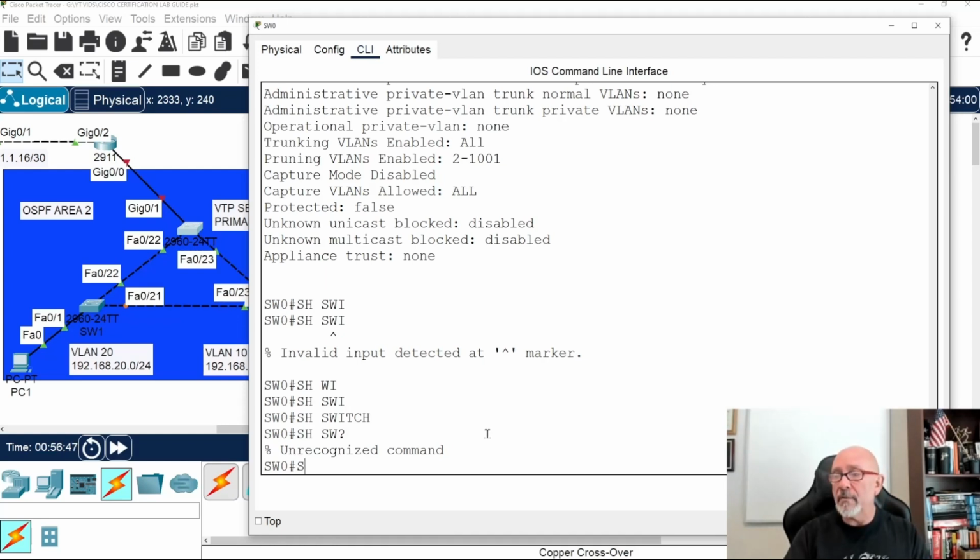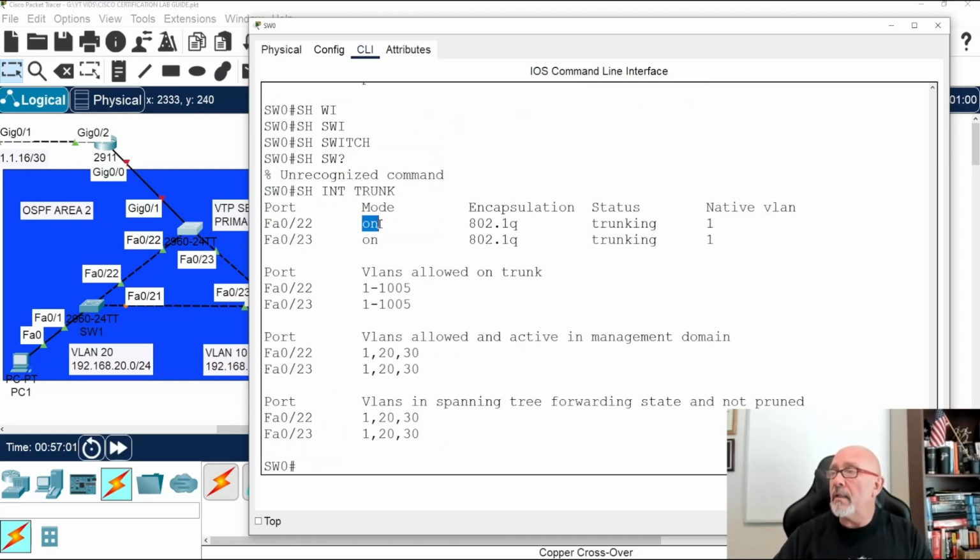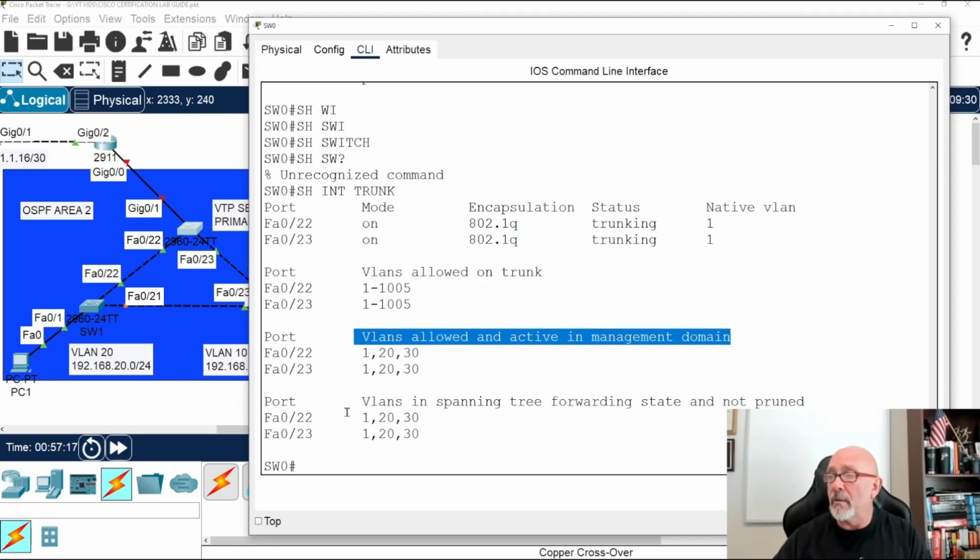Show interface trunk. Sorry, brain's crazy. Wow. And there you can see that it's on 802.1Q. It's a trunking protocol. And this is another thing I want you to notice, because they make you do certain labs where Cisco says you need to allow these VLANs. All VLANs are allowed on the trunk port, and they're allowed by default. You don't need to do a specific allowed command, but whatever, if it's a test you're taking.